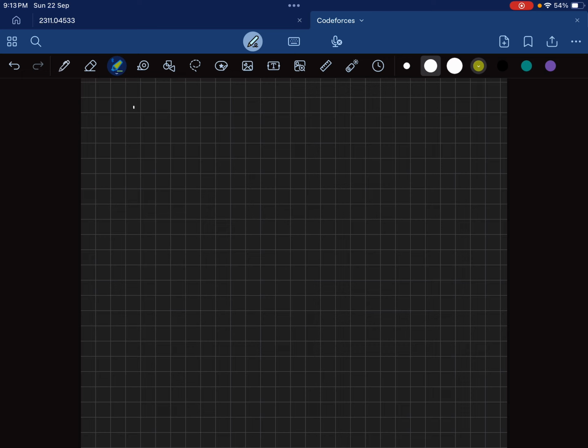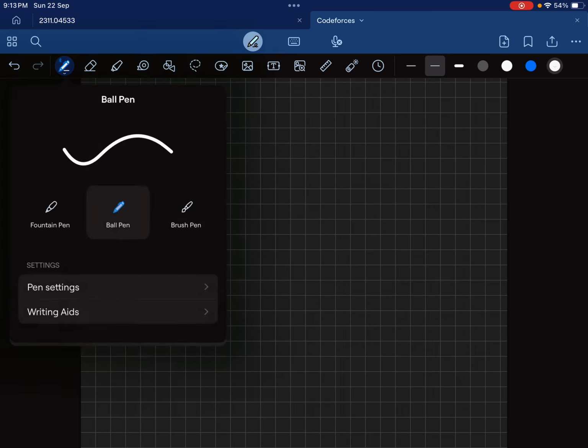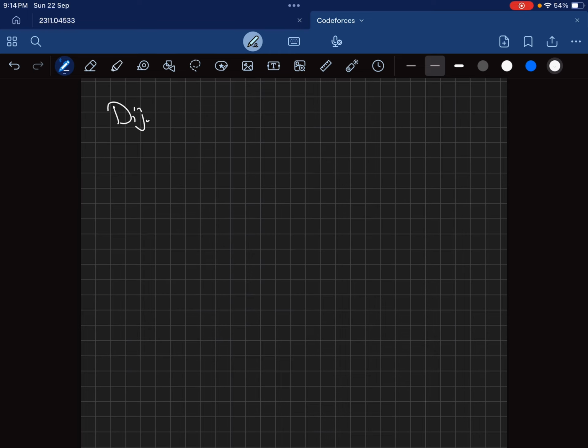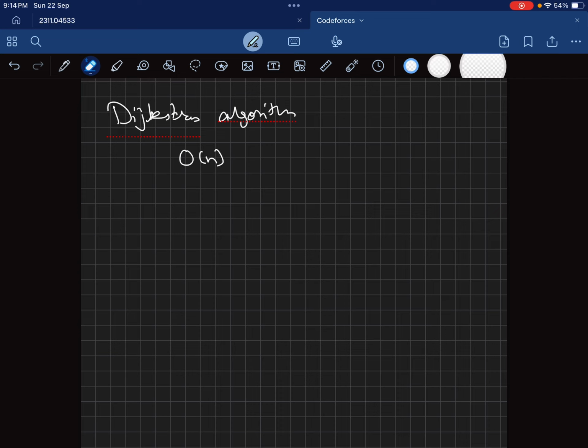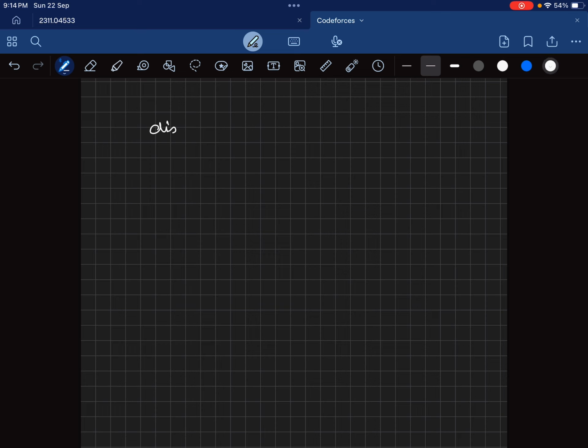In order to handle this case, a better approach is this. In Dijkstra's algorithm, we have a distance array, which essentially stores the distance of a particular vertex from the source node. Instead of maintaining one distance array, we'll maintain two distance arrays,